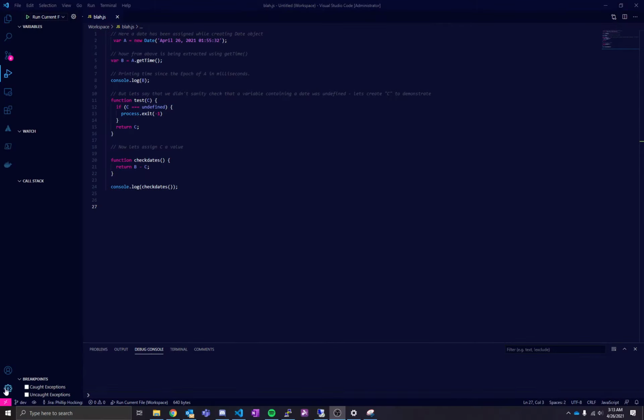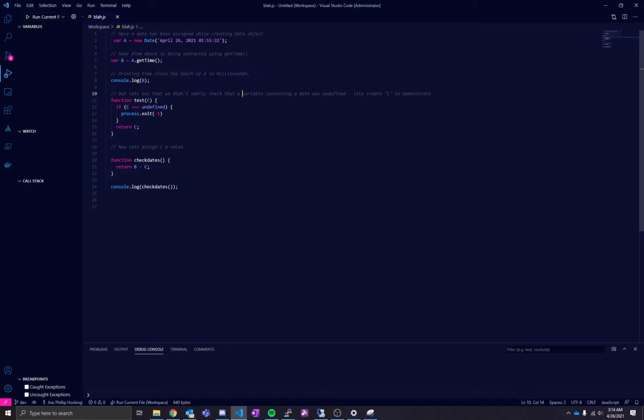So if we were to go to our own program here, I wrote this little program, and what it does is it takes this variable a, and it makes a date value, something that would represent like the time that my dog food was ordered, right? And this is a get time value, which enables us to take that date and abstract it into a variable that has the time since the epoch in milliseconds, right?